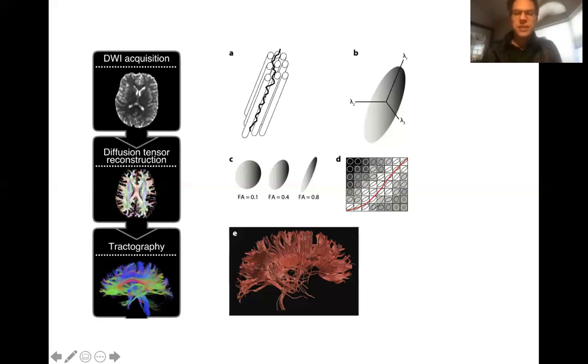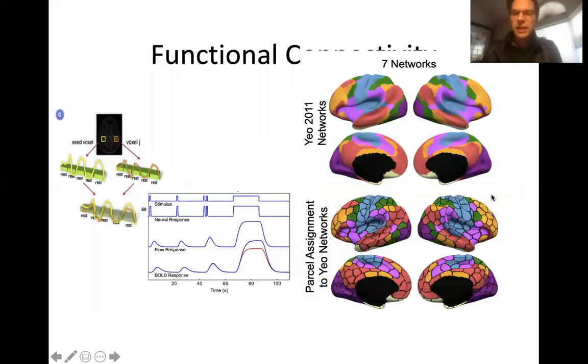So this last technique that I'm going to talk about takes that a step further. You've probably heard of functional MRI before. We can use this technique for a lot of really different and exciting purposes, and this is going to be the majority of what we're going to focus on today. But perhaps one of the most exciting elements of the functional MRI field is this idea of the functional connectome. So functional connectomics, I think, is maybe one of the most exciting new fields in human neuroscience, maybe